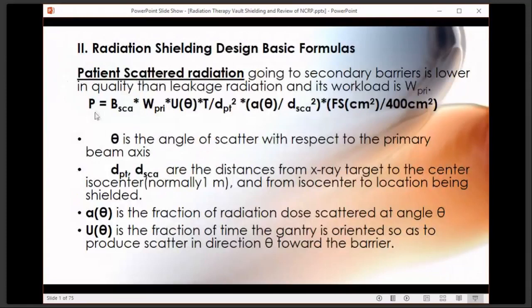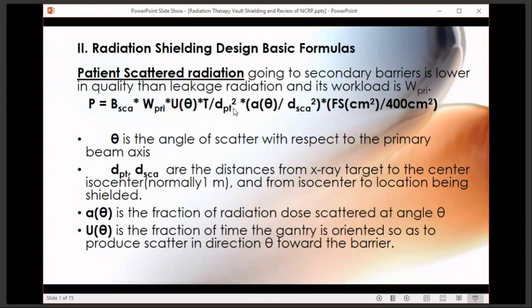So for this formula for the scatter radiation barrier transmission factor, how we determine that is we set all of this here equal to our design goal. Again, we've got the primary barrier workload involved here because what hits the patient is directly proportional to what's at isocenter. A use factor for that direction where the scatter is going, an occupancy factor,